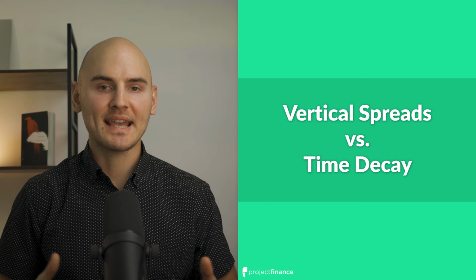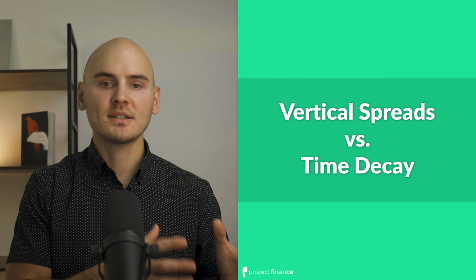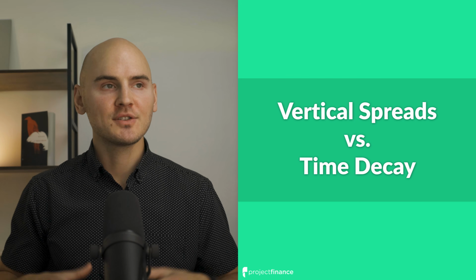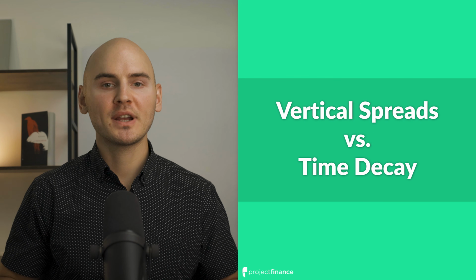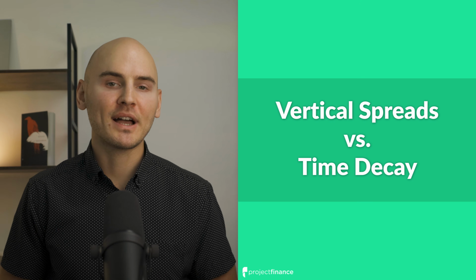Now we're going to look at an example where we change the amount of time until expiration versus holding the stock price constant. So in this example, we're looking at a 100-105 call spread with 30 days to expiration and implied volatility held constant at 30%. So we're going to go from 30 days to expiration to 20 days to expiration to simulate the passing of